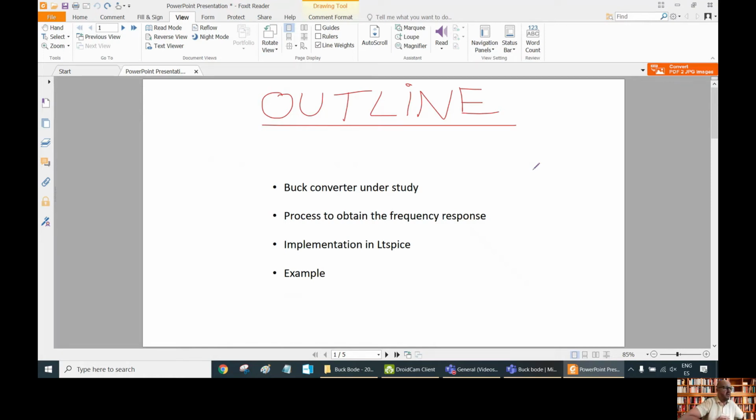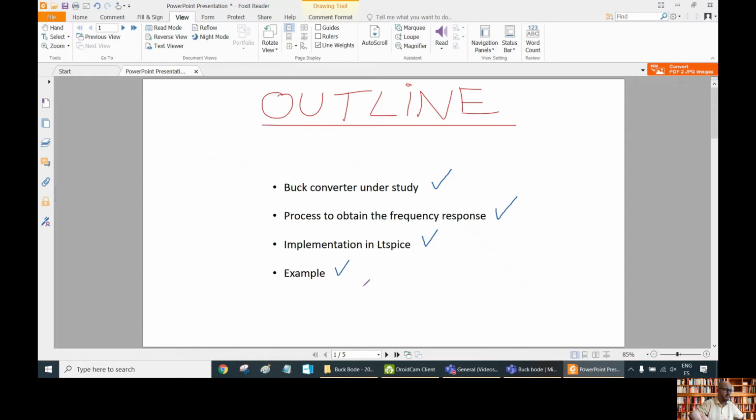In this video, I'm going to show how to obtain the frequency response of a power converter. Particularly, we are going to see the frequency response of a buck converter. Firstly, we are going to see the buck converter under study. Then we will see the process to obtain the frequency response, how to implement this process in LTspice, and finally